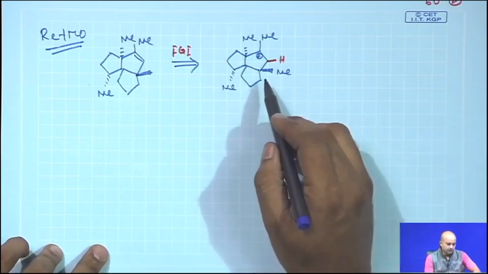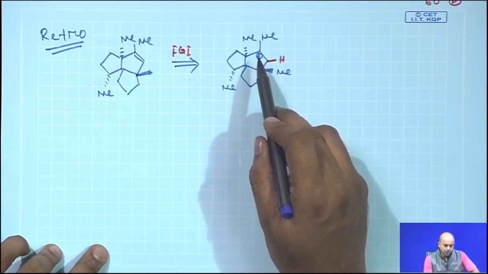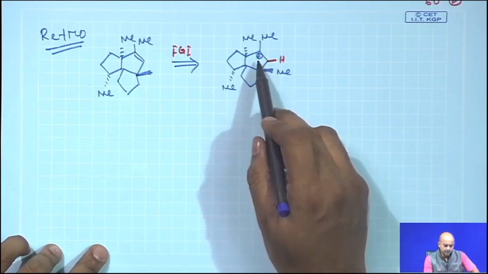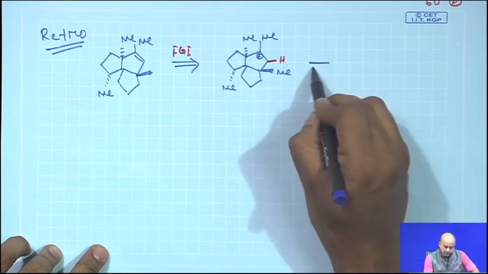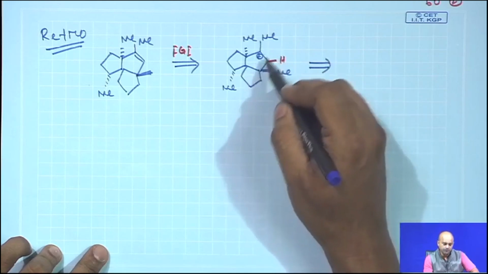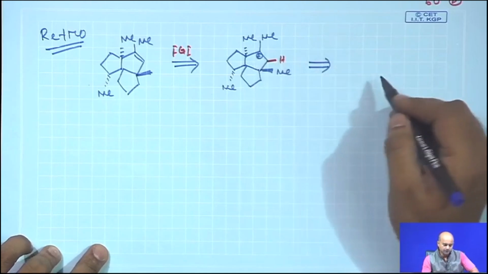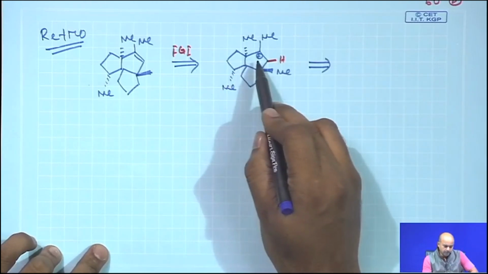Now, fine, how can you generate this carbocation? The tertiary carbocation is absolutely stable, there is no issue. If you can put some OH or something here, it is definitely possible, but what you see is this 5-membered